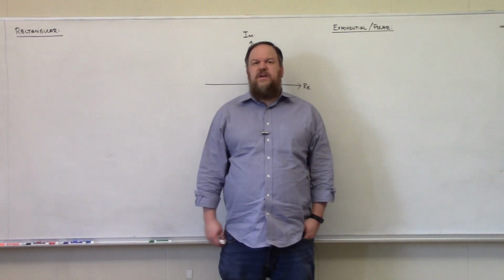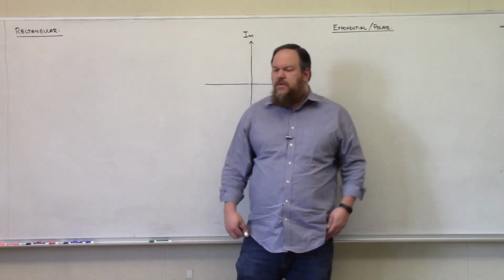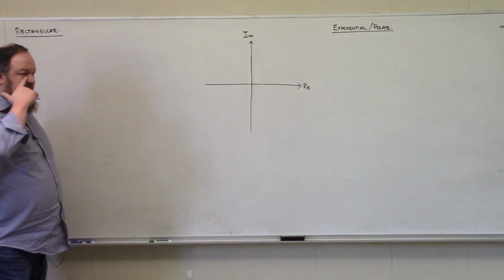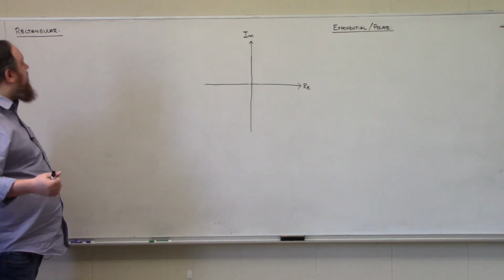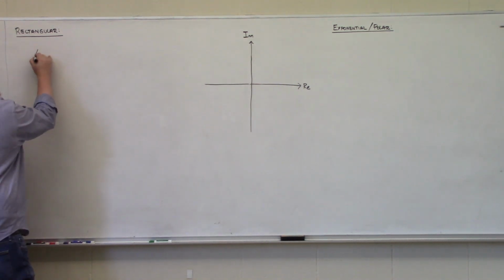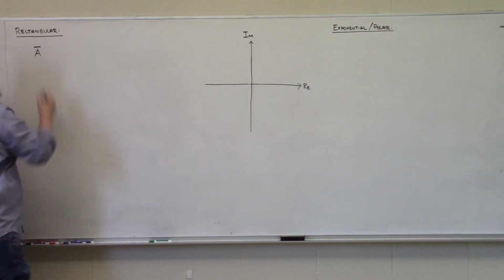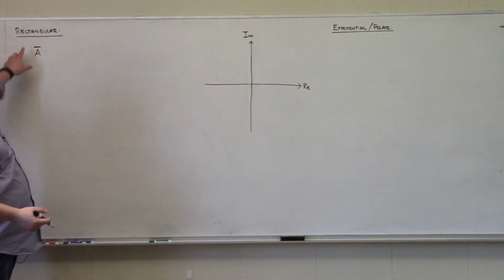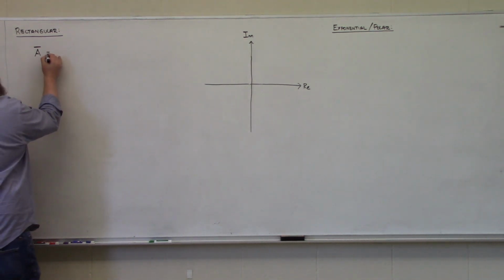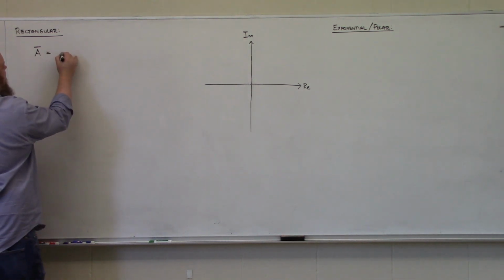Today we're going to be talking about complex numbers. A complex number is a number that contains both a real part and an imaginary part. I could define a complex number A, and I'm going to denote that it is a complex number by putting this bar over the letter A and say that it has some real part, which I'll call